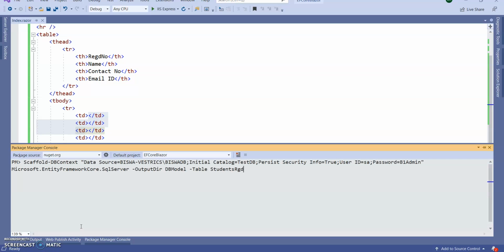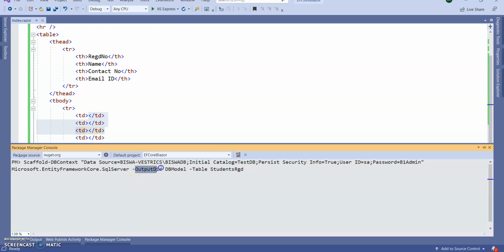Clear this. Here I am giving in double quotes the complete connection string, which is my server name, my database name, user id, password. Next, the package name is Microsoft.EntityFrameworkCore.SqlServer.